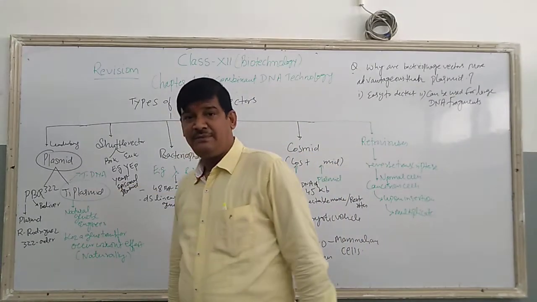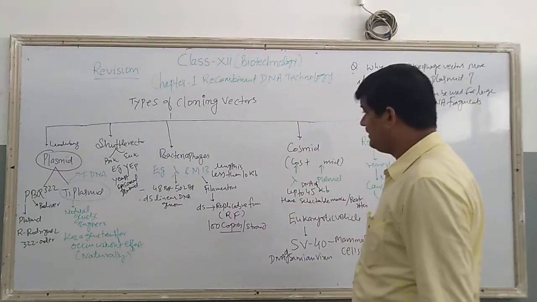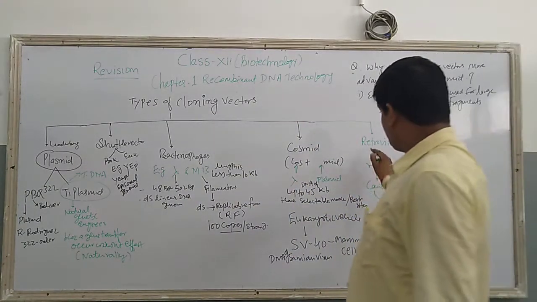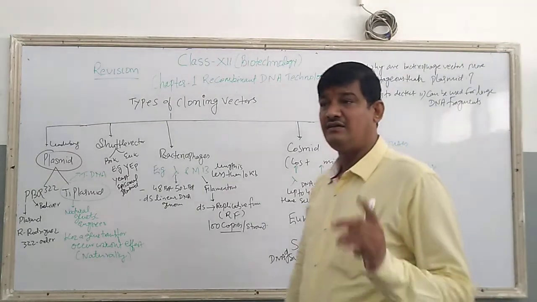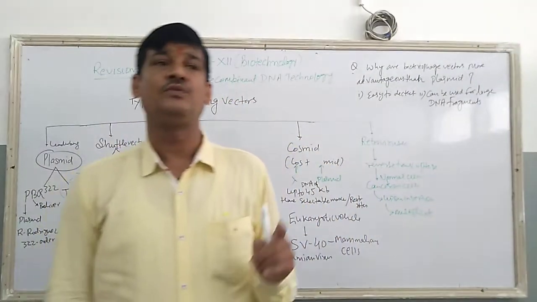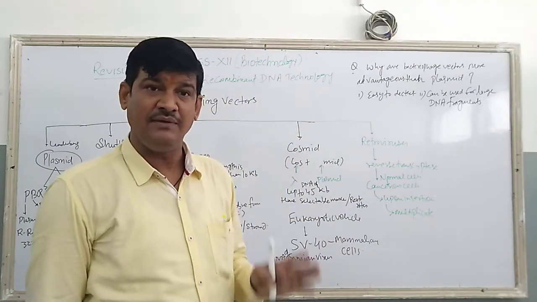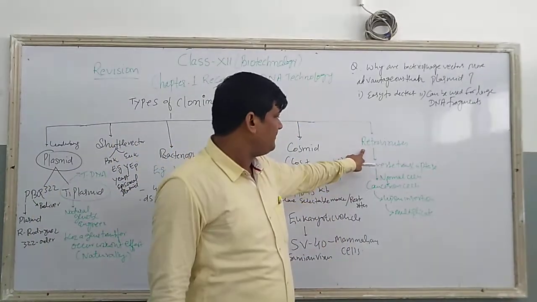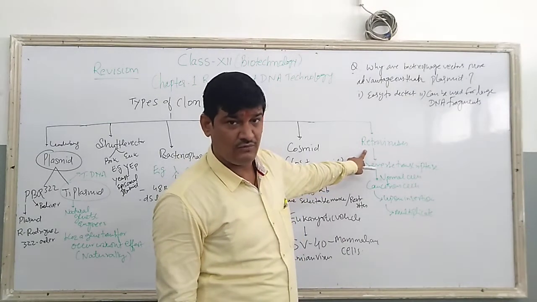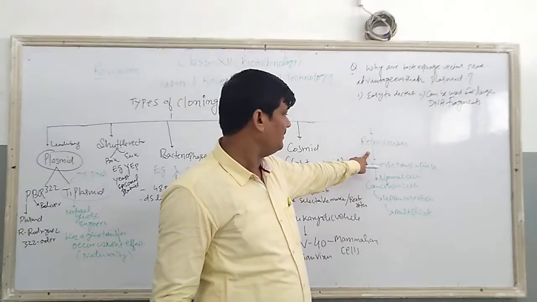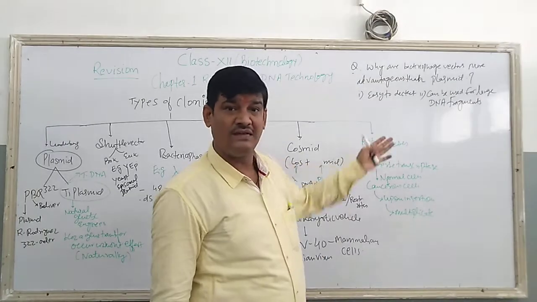Apart from the Ti plasmid, I would like to share the retrovirus group. Retroviruses are a category of viruses which have the reverse transcriptase enzyme, and they do not follow the central dogma of molecular biology. I already told you in the previous video what the central dogma is. Central dogma is the